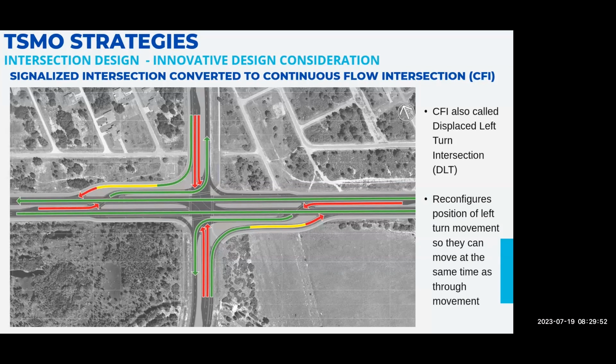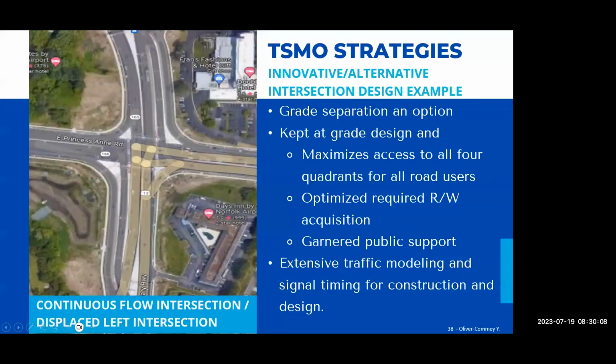So we ended up putting in a continuous flow intersection, which is like a DDI, but at an intersection. So it's the same idea. The left hands cross over to this side so that they can make this left, and they are now out of the conflict path of this through movement. By doing that, we garnered a lot of public support. It was very hectic because we had to do a lot of traffic modeling to get this approved. But in the end, I think it was worth it. The whole community was happy.